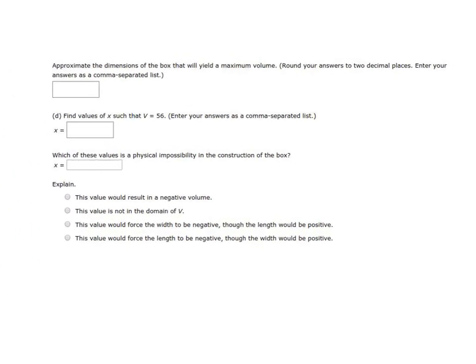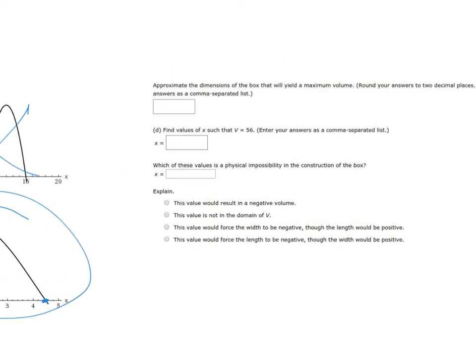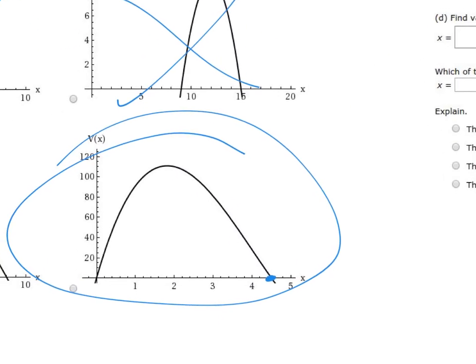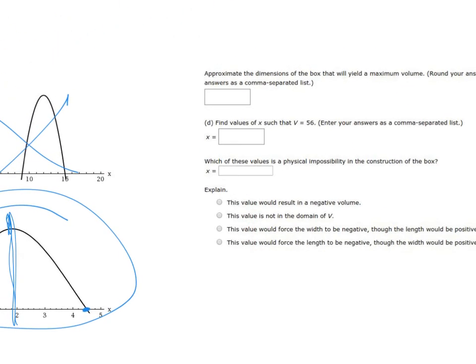Now we need to approximate the dimensions of the box so we yield a maximum volume. One thing you could do is plug this into Desmos and figure it out. Another way to look at it is that the maximum volume is the highest point here. Let me just give you that number to help us out in doing this problem. In here, it tells us that the max volume is